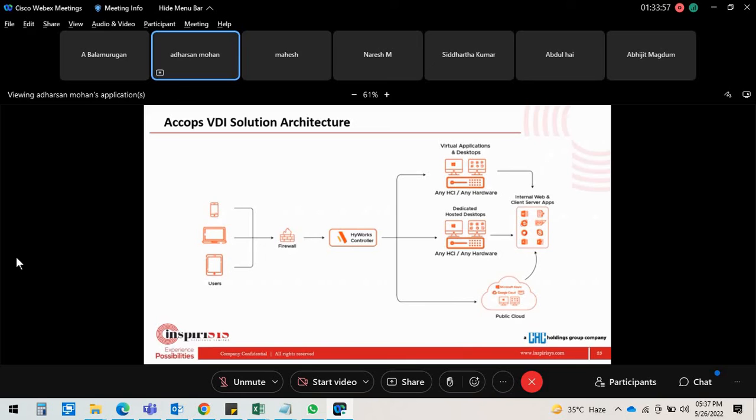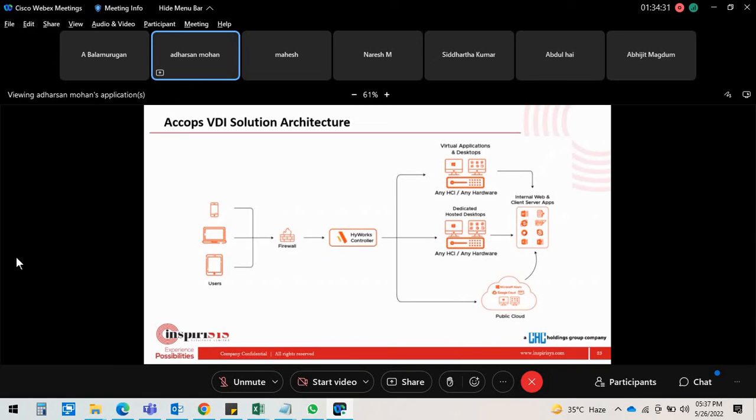You are bringing your desktop, your laptop, or your devices and doing work for your company. The data is going to sit in your company's data center only. It is not coming to the end user devices. So you will have a lot of control over the data, and a lot of security functionalities over the data. So considering all this, the work from iSecure gateway as well as the iSecure VDI solution,